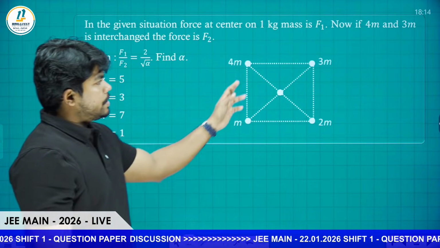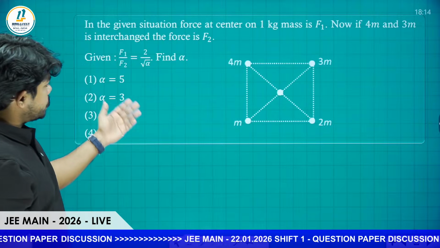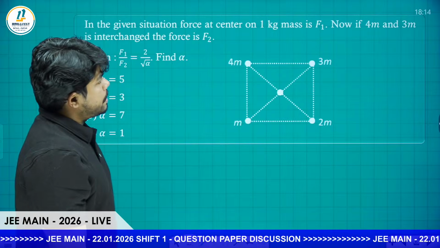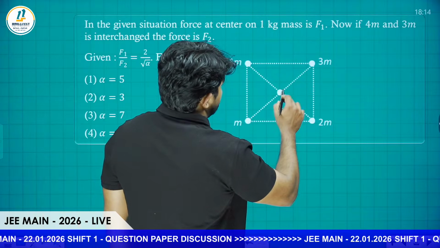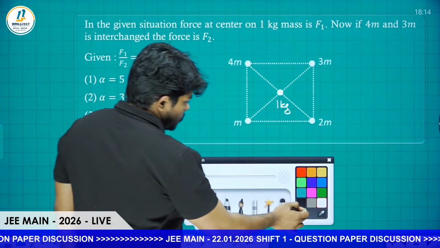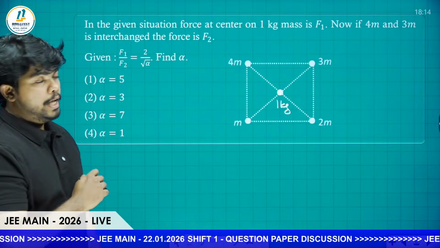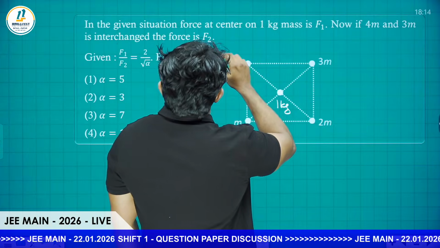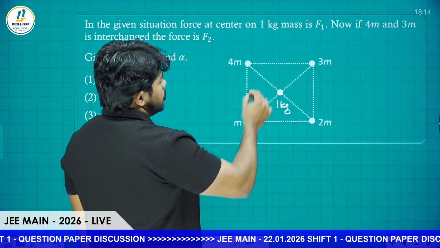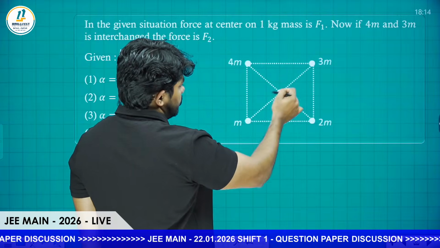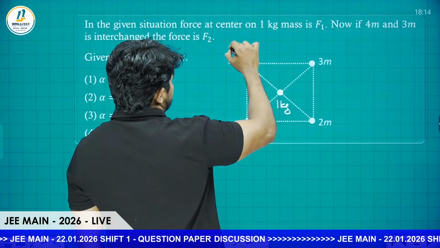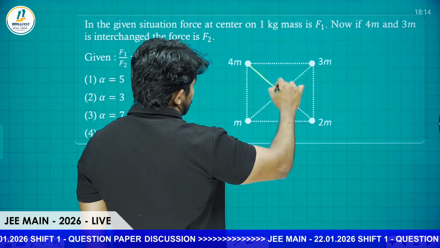Now moving on to gravitation, a question from gravitation. This is also a very easy question. In the given situation, the force at the center on a 1 kg mass is F1. So there is a mass of 1 kg placed at the center. Whatever force we are experiencing between these masses, suppose there is a gravitational force